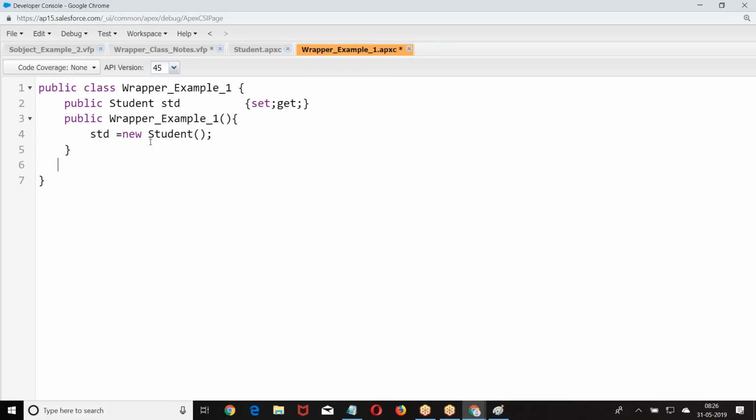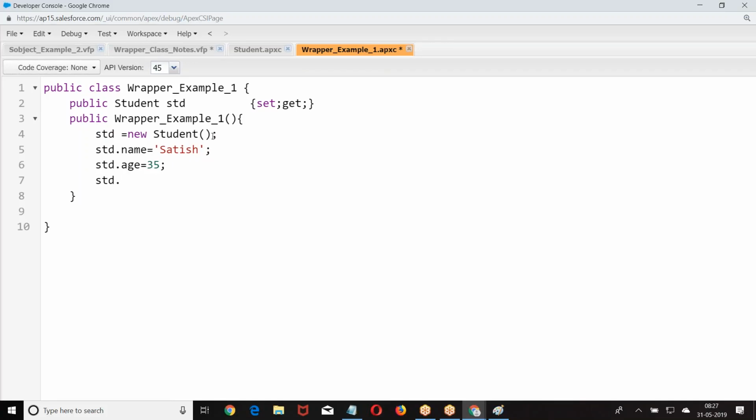I hope you got the structure. Student dot, what is the other one? This is how I am giving. Right, boss? This is the structure I am forming.